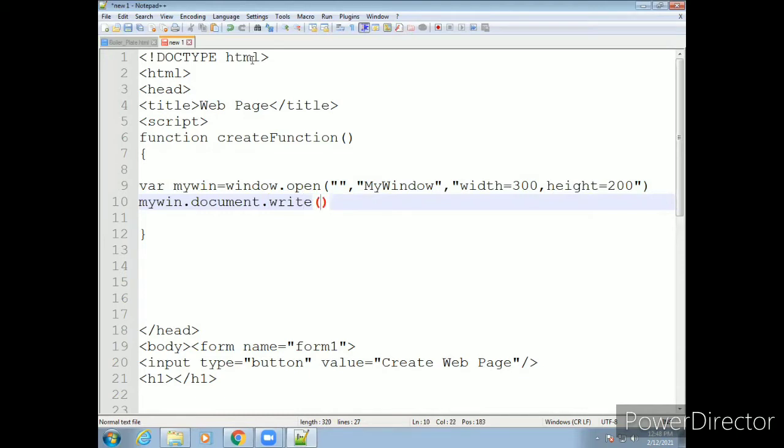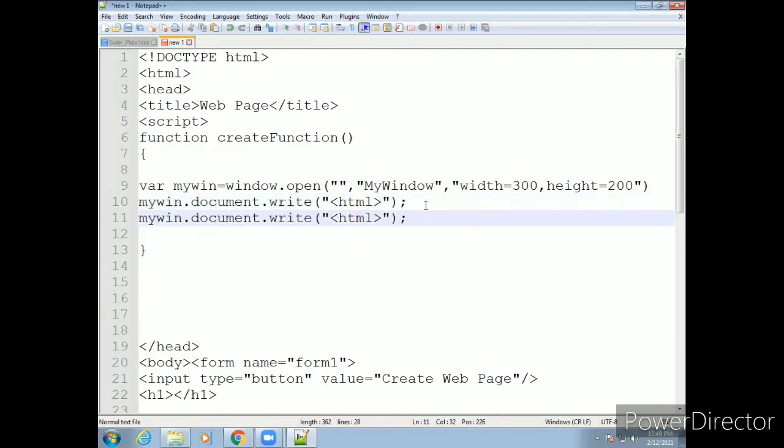Okay, so in that write function we use our first tag, which is HTML. Semicolon, and outside of the bracket, semicolon. Let's copy this tag first and paste it here. So we want to change this middle tag. I will delete this one, and once again I will copy this content first. Copy, yeah. So let's change here.